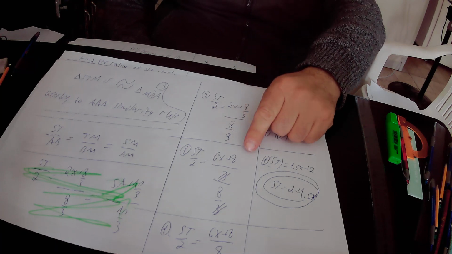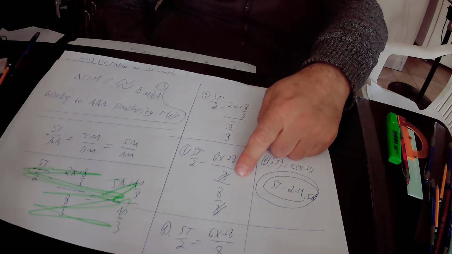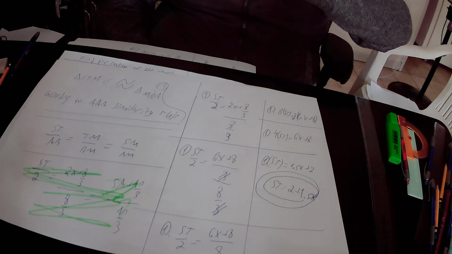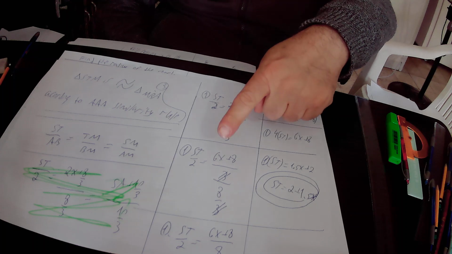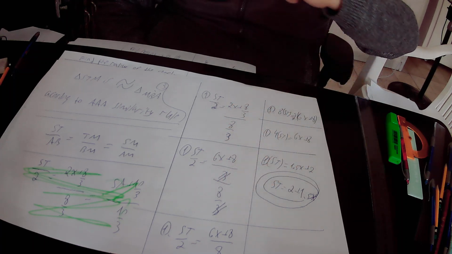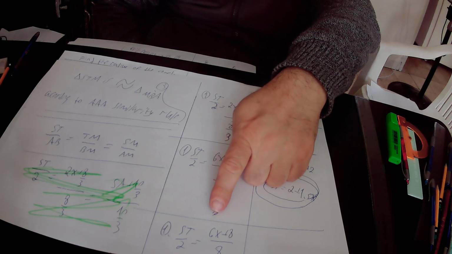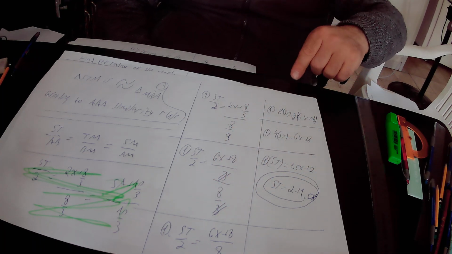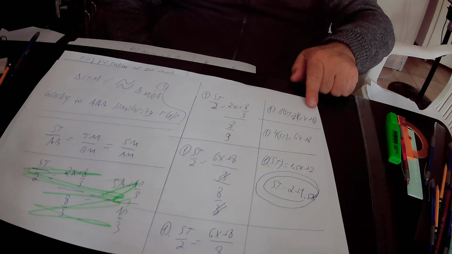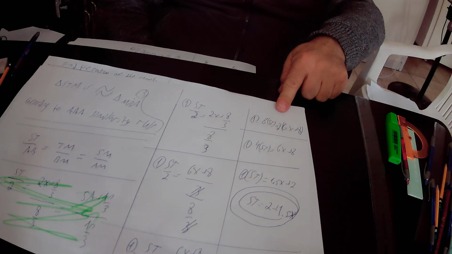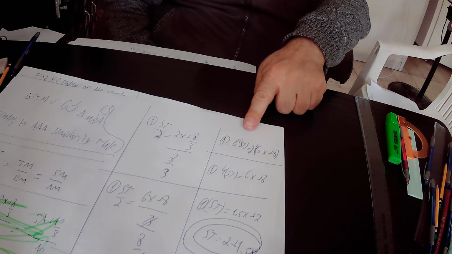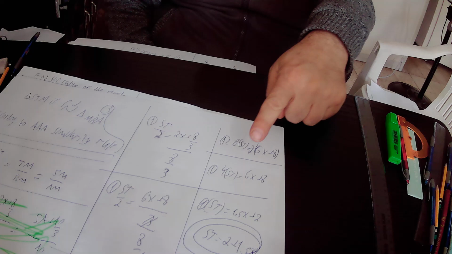So, in this side of equation 1, we have 3 in the numerator and 3 in the denominator, so 3 will get cancelled. And we are left only with ST over 2, that's equal to 6x plus 8 over 8. Here, we cross multiplied this equation in equation 1 and found out that 8 times ST equals 2 times 6x plus 8. Here we divided this equation 1 by 2 and found out that 8ST over 2 is 4ST,